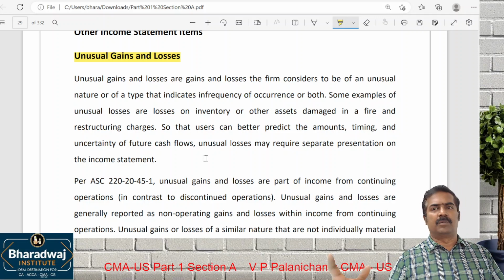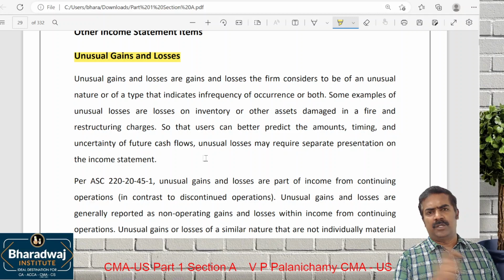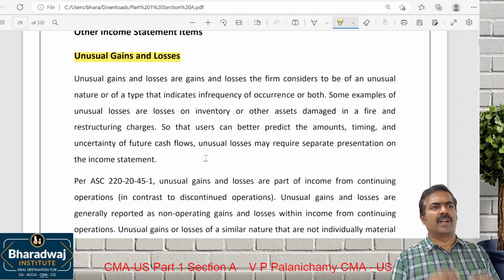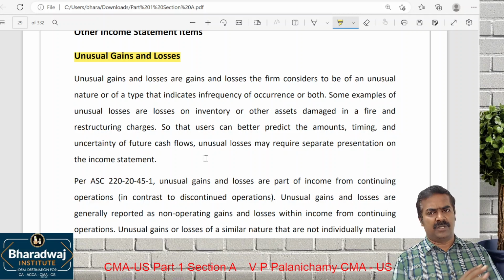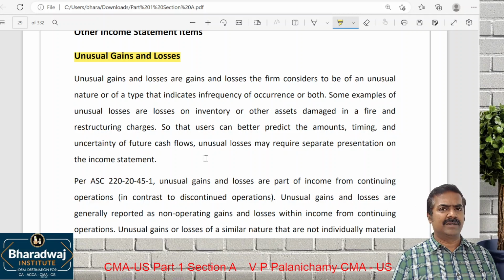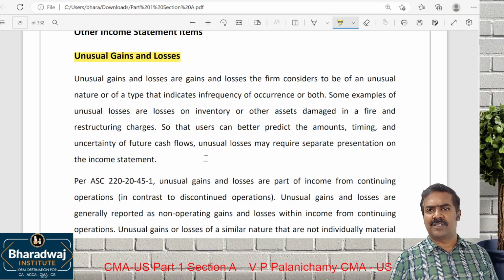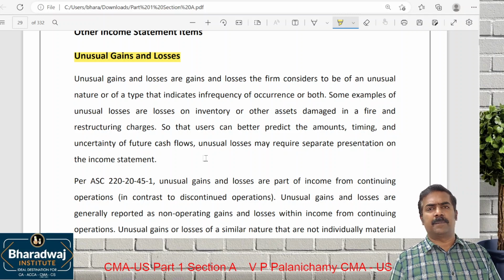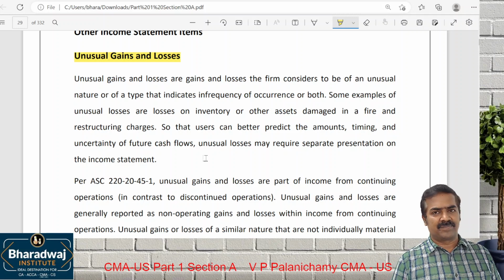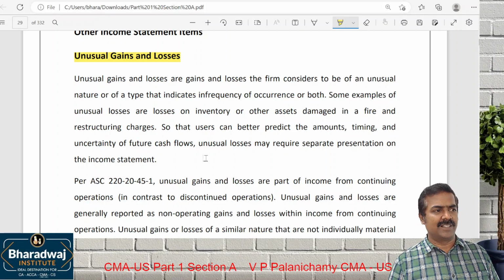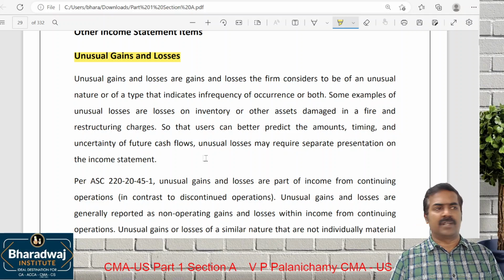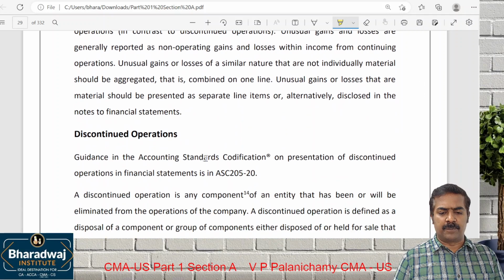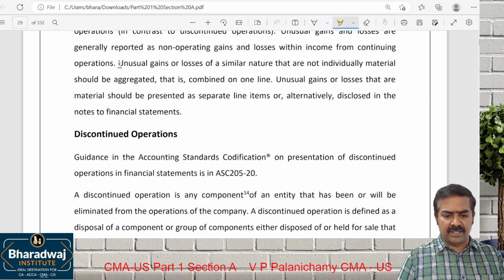Okay. There are about 50-60 machines. During a year, 2 machines got damaged beyond working condition. You cannot repair them. Will you report to the shareholders? No. If you run business, that will happen, routine. During a year, about 20% or 30% of the machines were lost due to fire accident or collapse of the factory. Will you report to the shareholders? Yes. Anything which is unusual in nature, gains or losses, that must be reported.